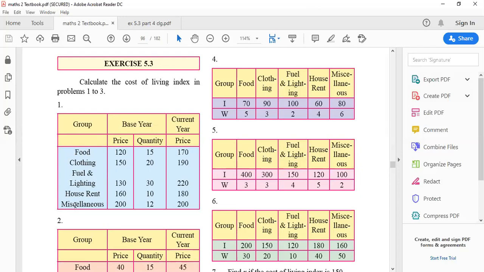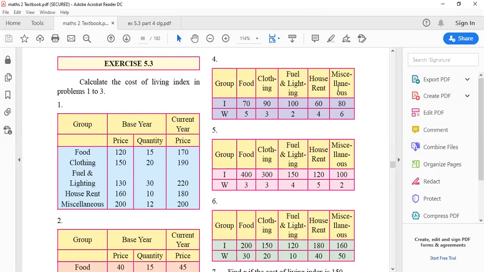So as soon as you see questions like this, it is a hint that you have to solve this by CLI. Now how to differentiate the question? Pay attention. Here you have three columns, as I told you: price, quantity, price. So there are two prices, this is P0, this is P1, and there is only one quantity of the base year, that means Q0. The method name is not specified over here, so you have to recognize which formula to put. It is the first one, the weighted aggregative method formula, that is Laspeyres' formula you have to apply.